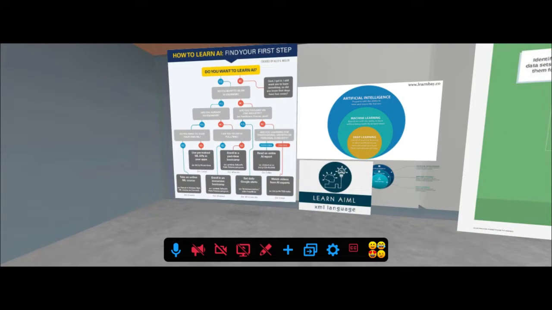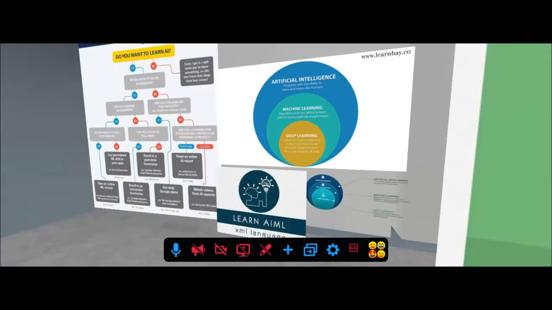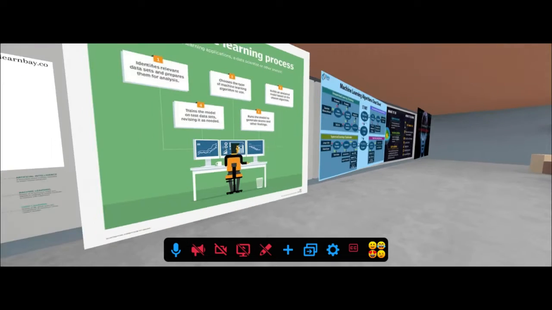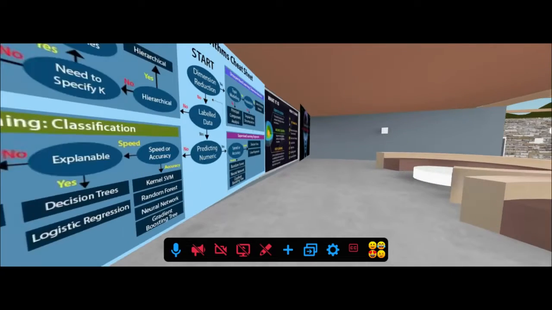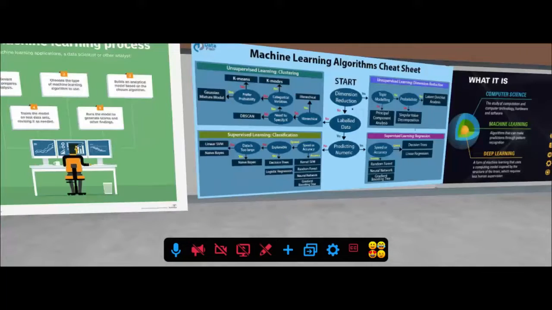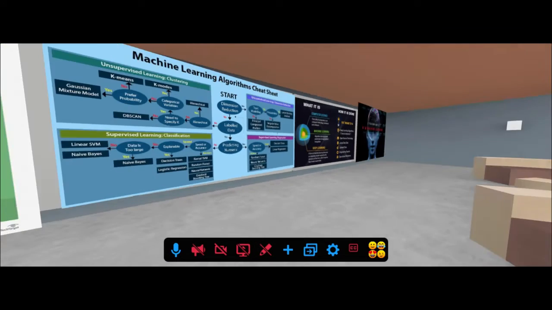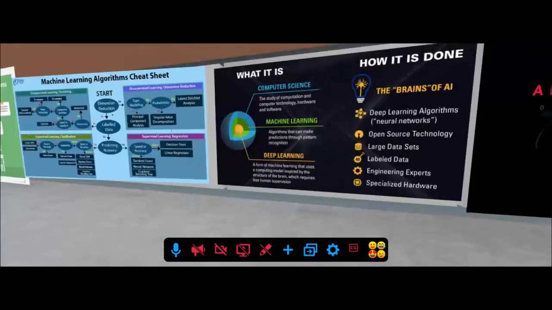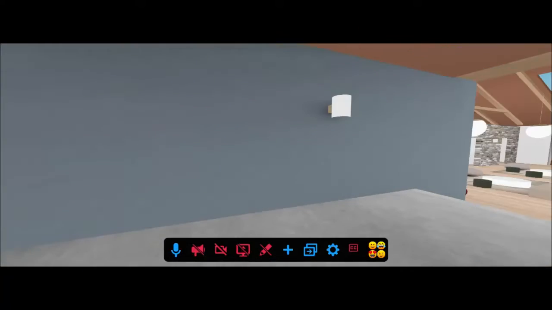This is about steps involving how to learn AI, and this is machine learning is a subset of artificial intelligence. Artificial intelligence is a super subset of deep learning, and this first represents the machine learning process, and this first represents how to learn AI algorithms, and finally this first represents how to learn deep learning, and we will go to the